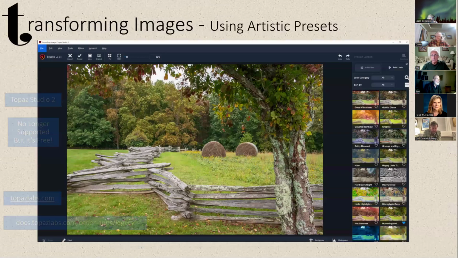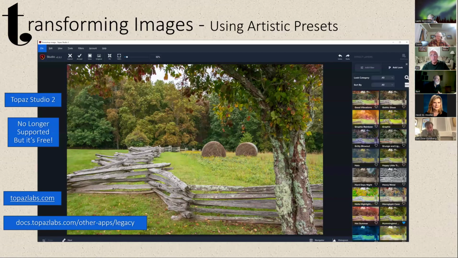So let's look at Topaz Studio 2, and it is phenomenal. It was left behind as Topaz Labs moved on to their current AI suite of software tools, which you need to pay for. And yes, I do use their current software, but I just can't let go of the presets in Studio 2, which can expand the artistry of your images with the click of a button. And they're free. And here's their website here,